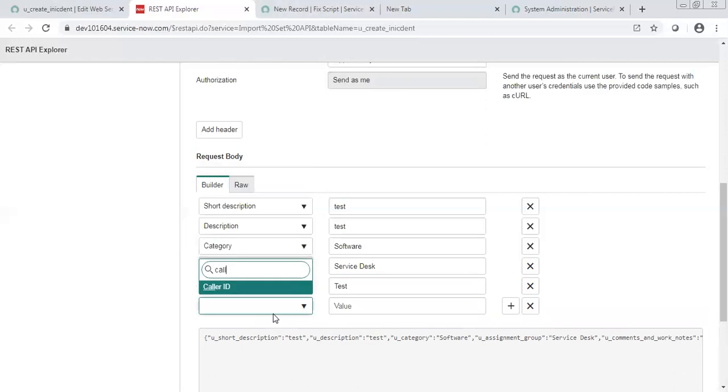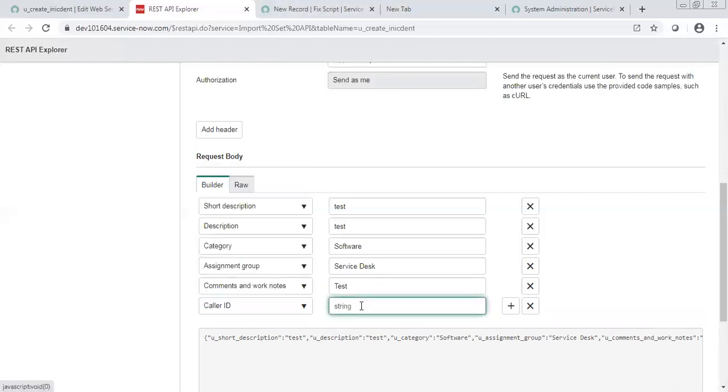So giving the value will not make any difference, right? We just write service desk test, whatever we are writing. It depends on what value they want to send.